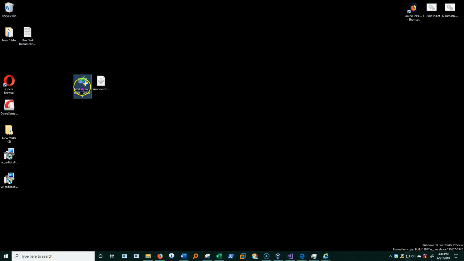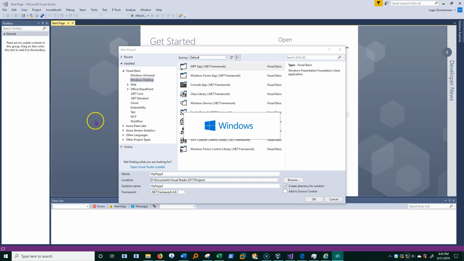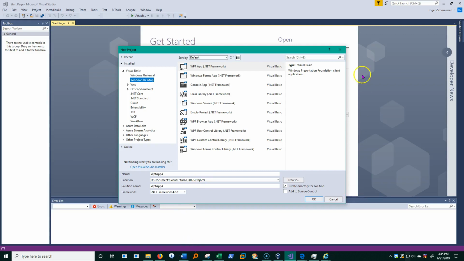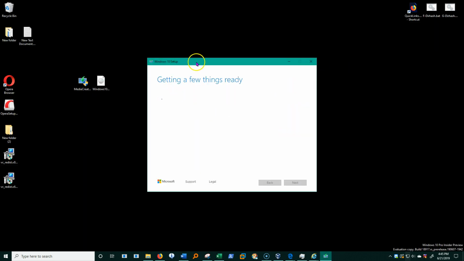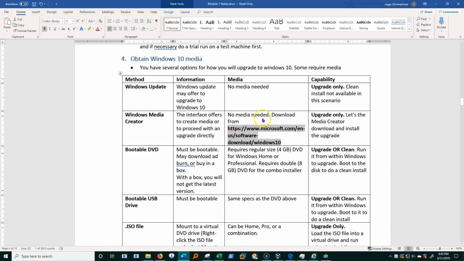So I keep these older ones around as I go along. I keep an 1809 and an 1803 and so on. But it's always best to download the latest one and use it if you're going to install Windows 10. Now, when you run this thing, I'm going to go ahead and click it and run it. While I'm waiting for that to come up, it's going to take a moment. Let's go back to my notes.